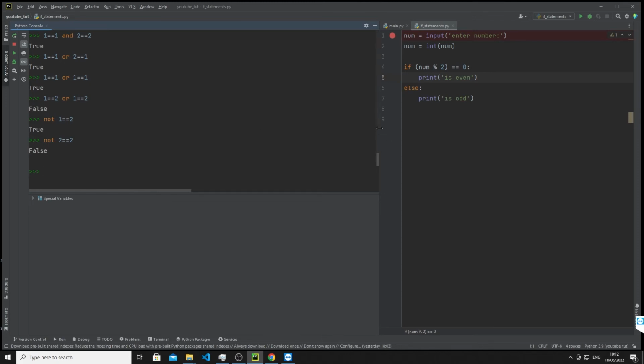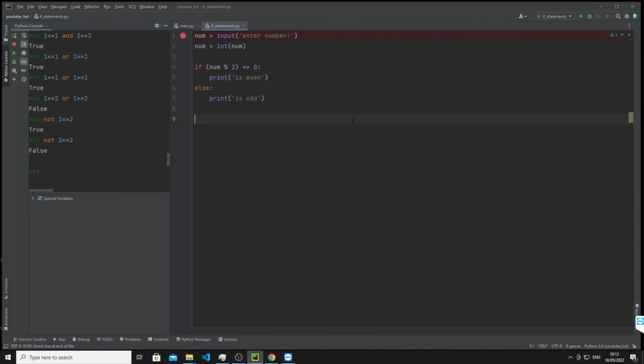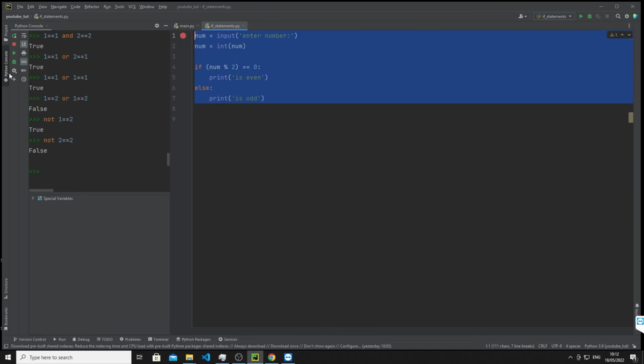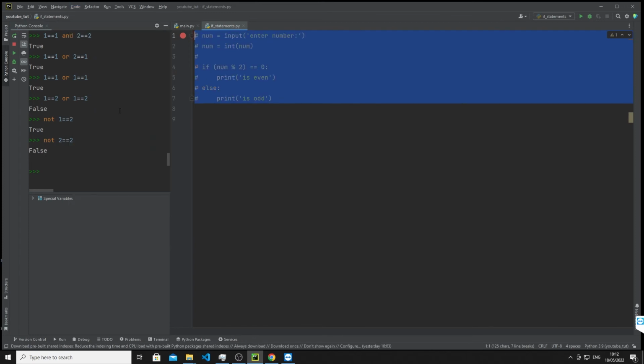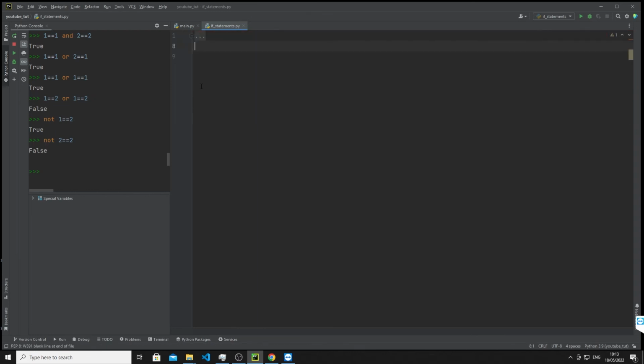Okay, so in the same window, let's comment this code out. One thing you can do to comment out code is go to code here, and then do comment with line comment. Or you can do Control-/, but for some reason on my keyboard it's not working right now. So you can get rid of that for the time being. And we're just going to write a new piece of code to understand how elif statements work. So first make a list, class_1, 1, 2, 3,